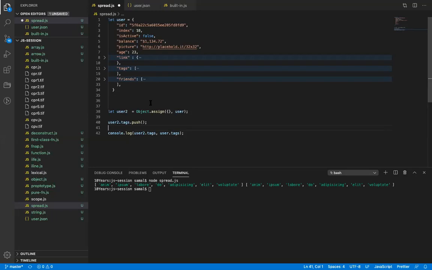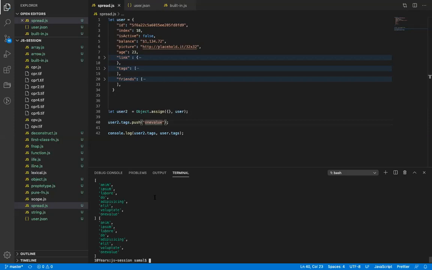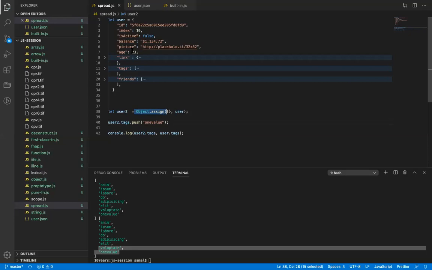It's an array. The moment I use dot, it converts into an array constructor, since tags is an array. Let me add one value here. Now if I run this, you will see it is being added into both. So Object.assign copies all the primitive values to the new object, and copies the non-primitives as well, but non-primitives are always passed by reference. That is why the non-primitives remain as is, but the primitives are changed.